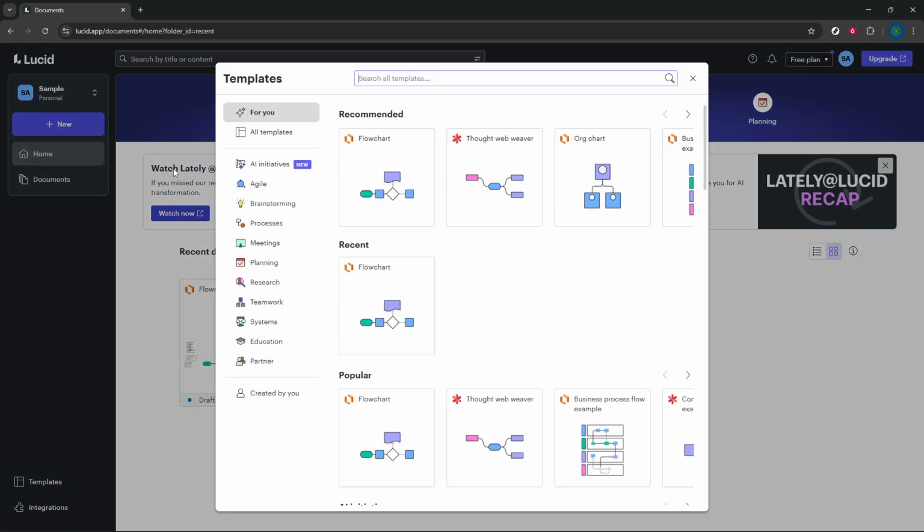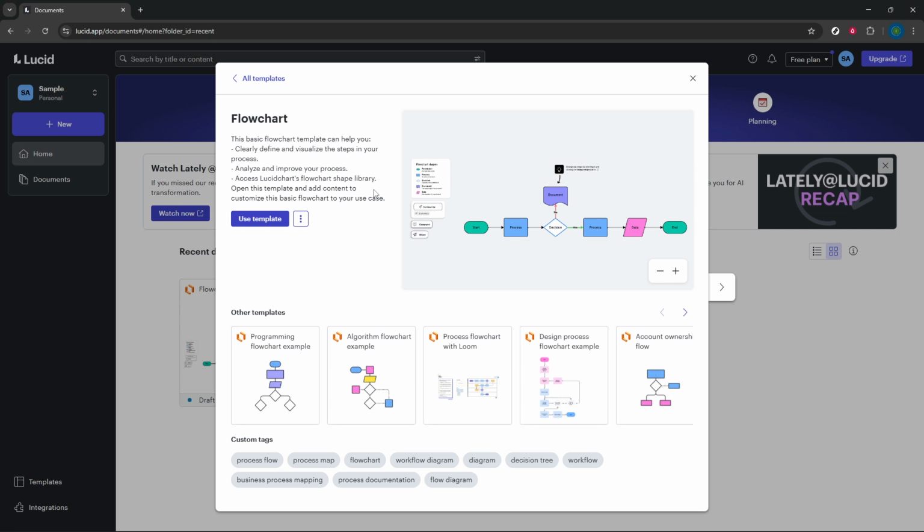For our purposes today, we'll be creating a flowchart, a versatile diagram used for everything from process flows to organizational charts. Browse through the template library and select the flowchart template that suits your needs. Templates can be incredibly helpful. They provide a solid foundation upon which you can build, allowing you to focus more on customizing the content rather